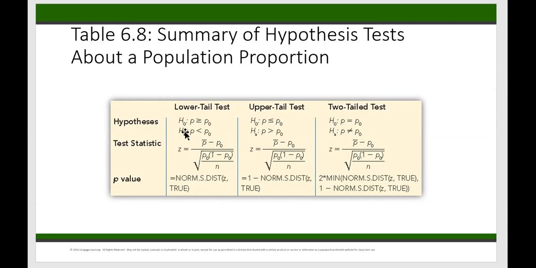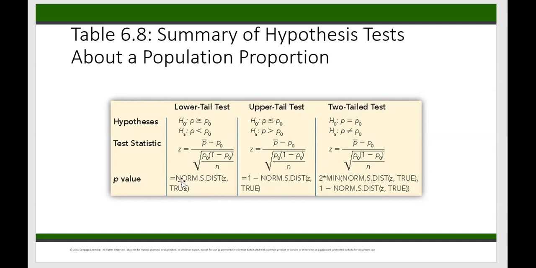All right, so we need to get a p-bar that is strictly and significantly lower than P0, the hypothetical value. And then the same logic applies to upper tail test and two-tailed test. For the p-value,